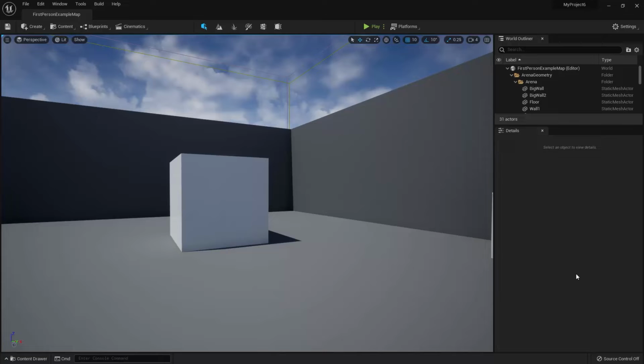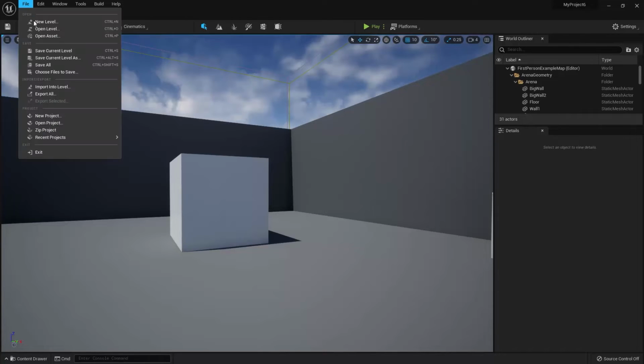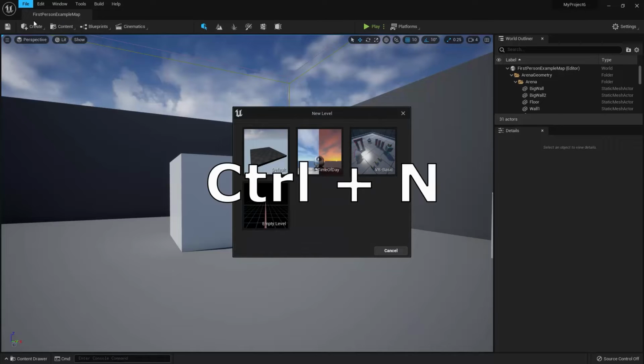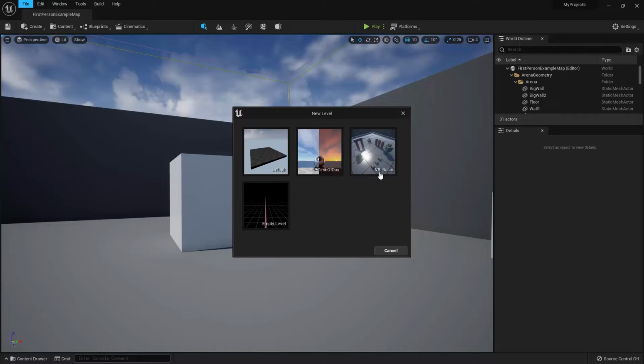Alright, so when you want to create a new level, you can simply go to File, New Level, or you can use the shortcut Control-N. You'll then have the option of choosing between Default, Time of Day, VR Basic, and Empty Level. Default will start you off with some basic stuff already added, including a platform, an atmosphere, some lighting, etc. The Time of Day level goes a little further than that and includes a more complex atmosphere that will give the appearance of different times of day, based on the rotation of the sun. The VR Basic level is used if you are creating a virtual reality game. And then finally, the Empty Level option will start you off with a completely empty level, and that's the option